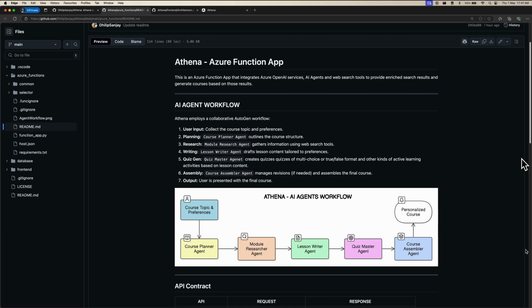As you can see in this image, there are 5 agents here. The first agent, the course planner agent, creates an overview or the objective of the whole course, and also gives out the modules which the course should contain. This gets picked up by the module research agent, which makes sure that the latest topics are covered, and it creates the lesson plan and passes it on to the lesson writer